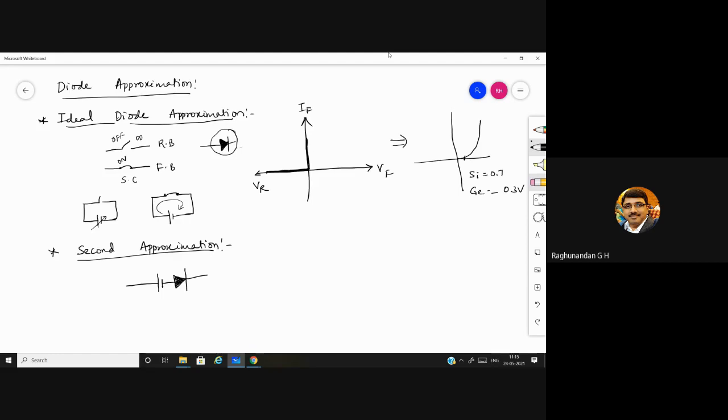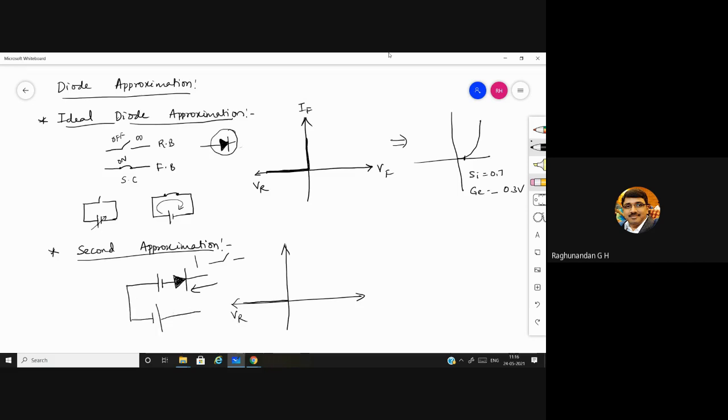After connecting like this, they again plotted the VI characteristics. They could observe that under the reverse bias condition, current will flow like this. Since the diode is acting like a switch, it will not allow the current to pass through. So obviously there will be no current even if there is an increase in the reverse voltage.